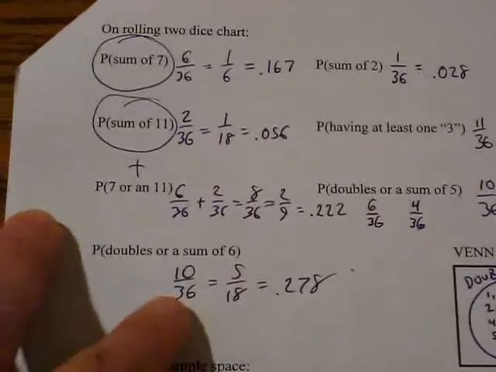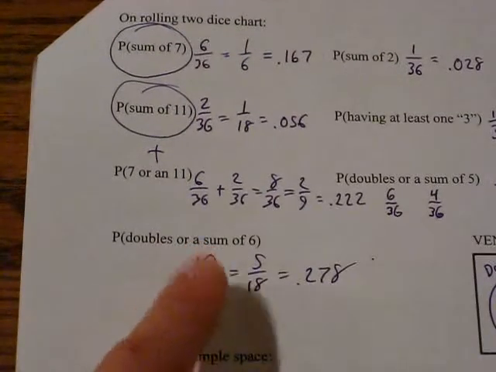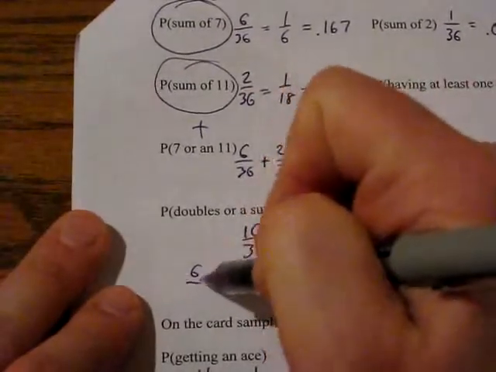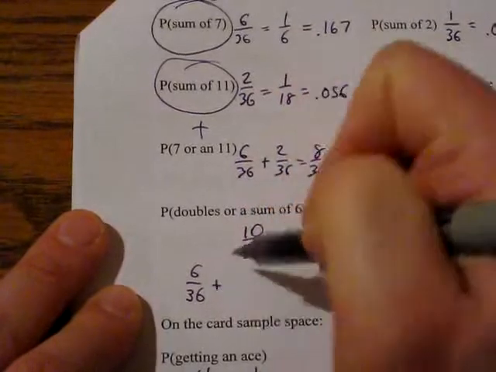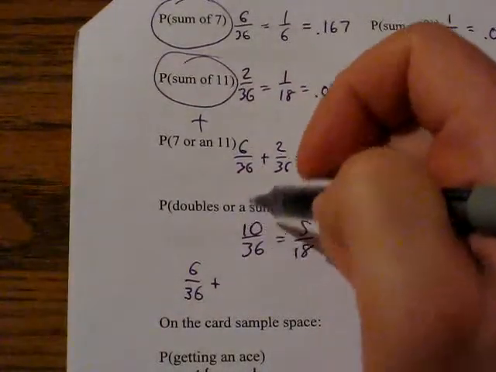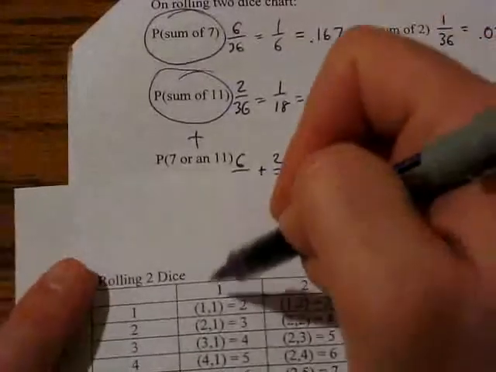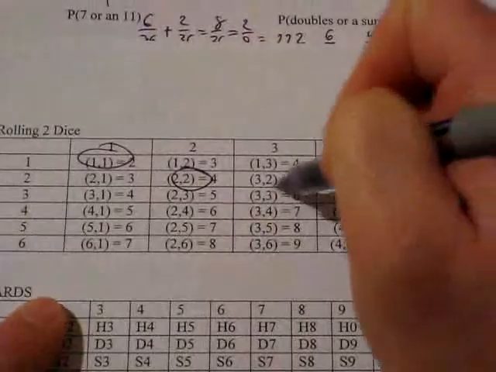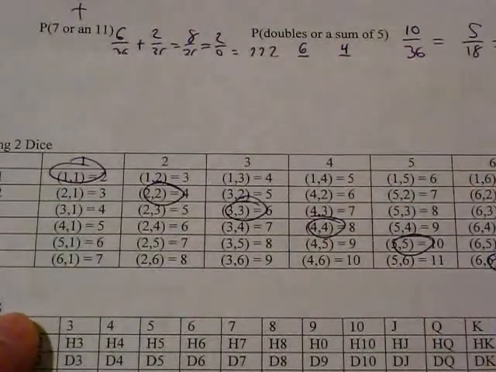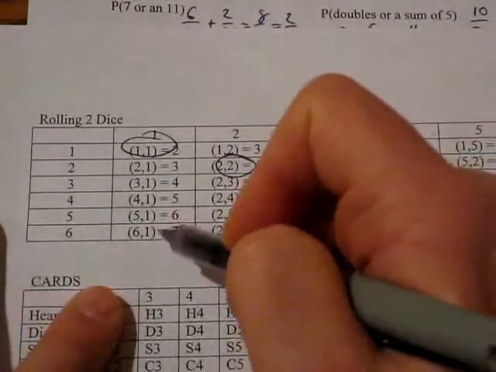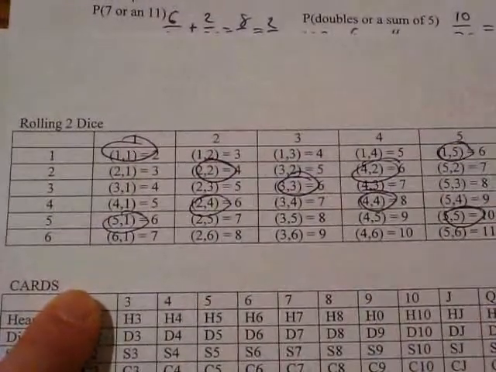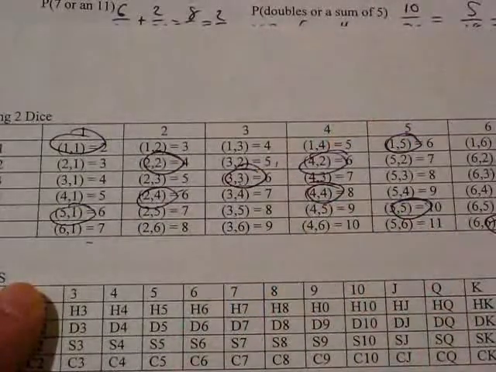Alright, now here's the fun one. Doubles or a sum of 6. Now this is not mutually exclusive, because doubles was 6 out of 36. A sum of 6, there were, on the chart here, if you take a look, your doubles were going down the diagonal here. So we have this one, this one, this one. All of these are doubles. And then we have our sums of 6s, which goes up here, but notice there's an overlap there. So we have 1, 2, 3, 4, 5, 6 doubles, 1, 2, 3, 4, 5 sums of 6, and 1